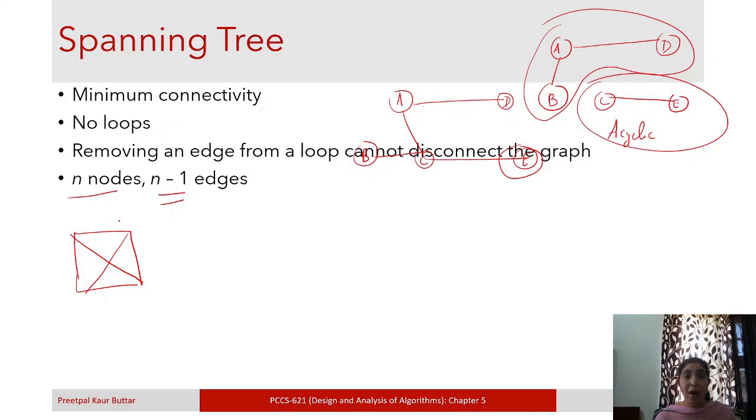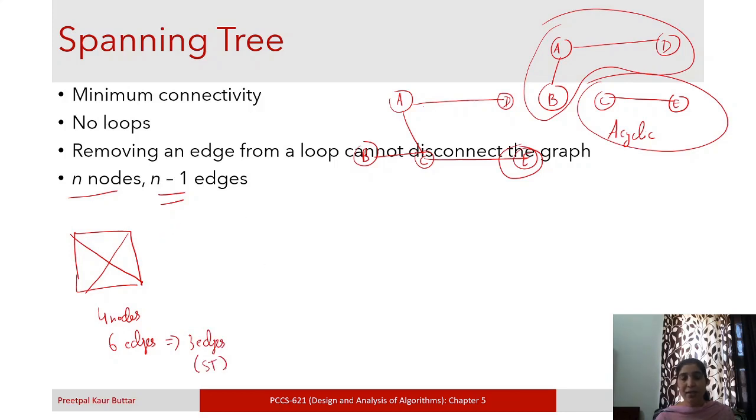For this graph, how many spanning trees are possible? There are a total of 4 nodes and there are 6 edges. In order to convert this into a spanning tree, how many edges must be there? There must be 3 edges, then it will be called a spanning tree.